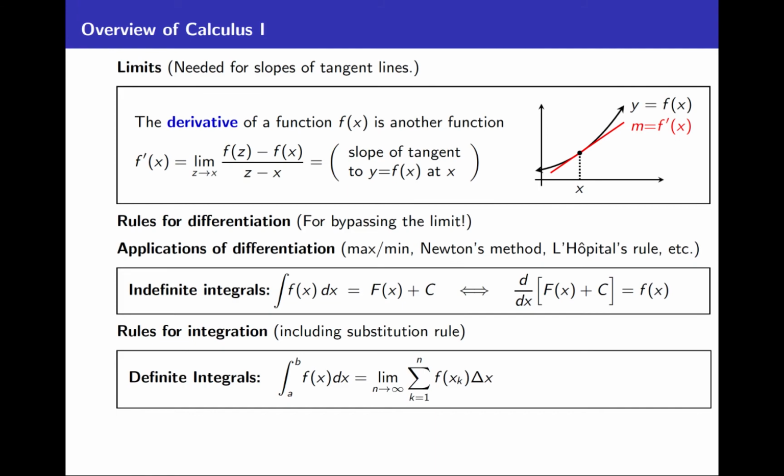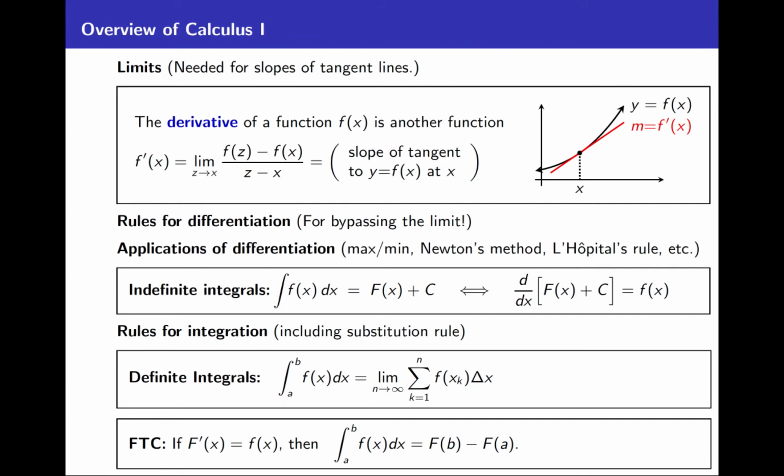We moved on to definite integrals. The integral from a to b f of x dx is equal to this limit of Riemann sums. We looked at their properties, and then we learned about the fundamental theorem of calculus that says this definite integral, this limit, finding it is as simple as finding an antiderivative for the integrand. And we looked at lots of applications of that. In conclusion,